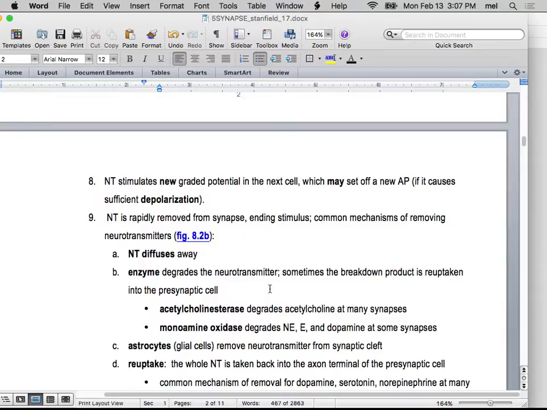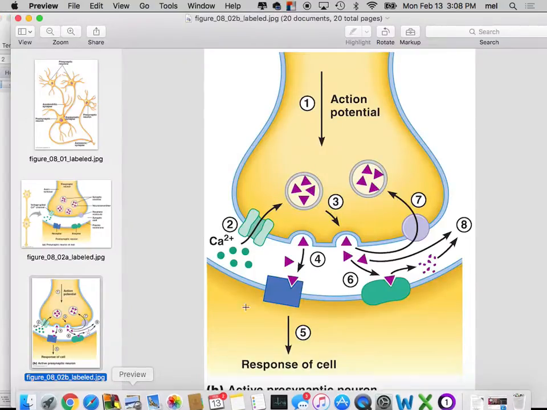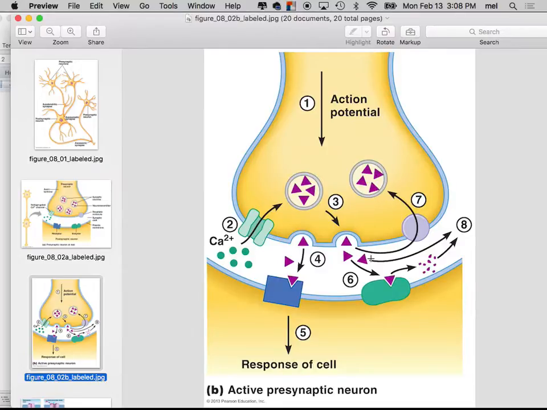So the question is, how do you get it out of the synapse? There are 4 ways to get it out of the synapse. The picture shows 3 of them. Okay, 1, if you're not really in a big hurry, you can just let it diffuse away, which is number 8. Okay? 2, very often the postsynaptic cell will have an enzyme present on the postsynaptic cell membrane, and that